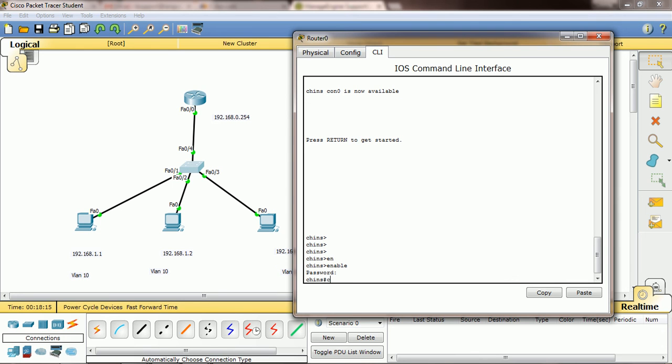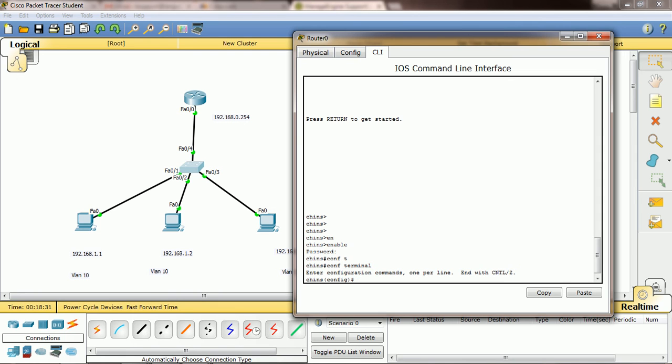Correct. Now config terminal. So now I am going to assign this IP to this interface. This is the default gateway for this network, right?